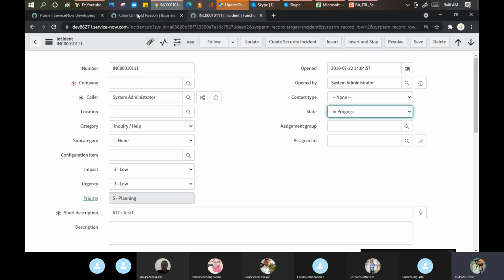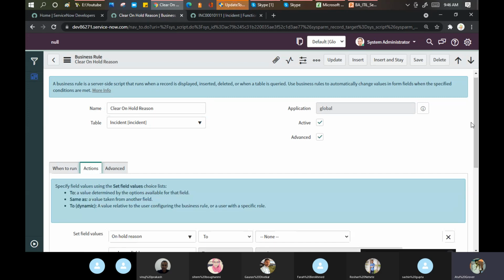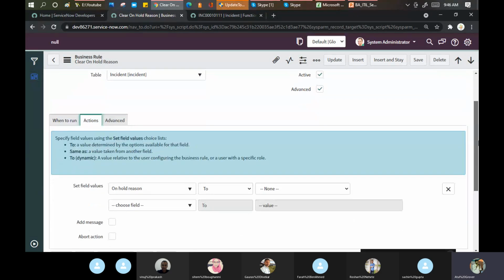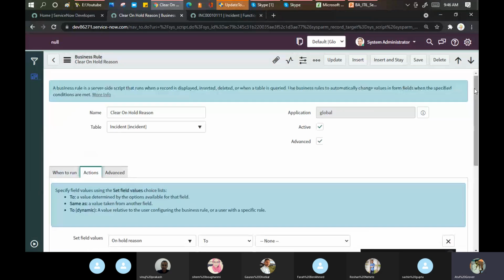Okay, if I go here, what action will it take? It says on hold reason is empty. That's all. It means when I'm changing my state and my state is not on hold, then the on hold reason should be blank. And what it's putting in the advanced tab is here.